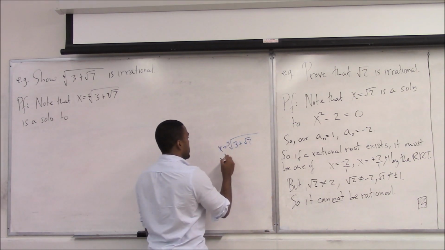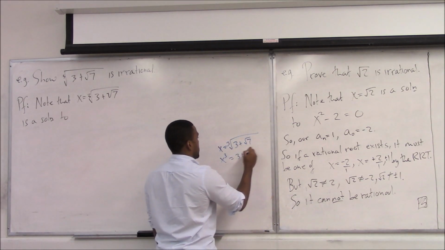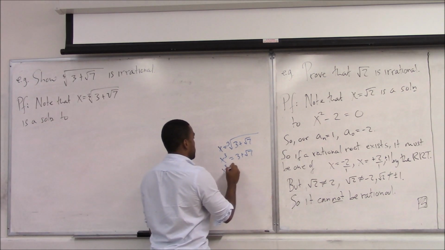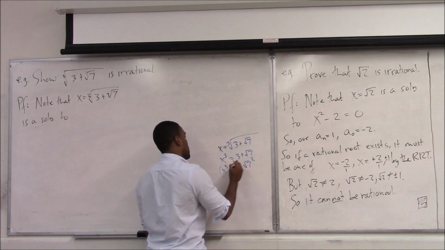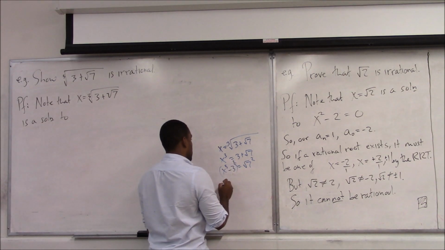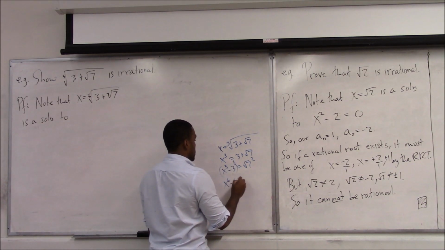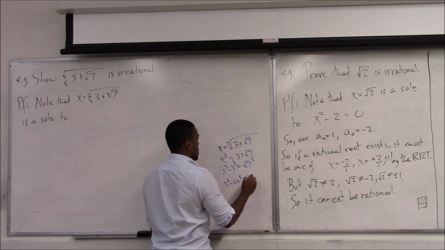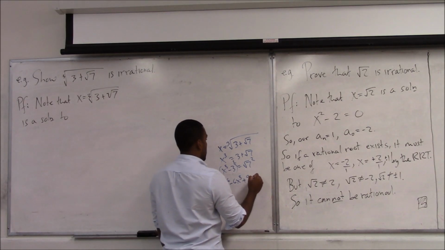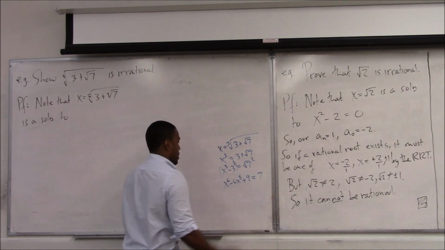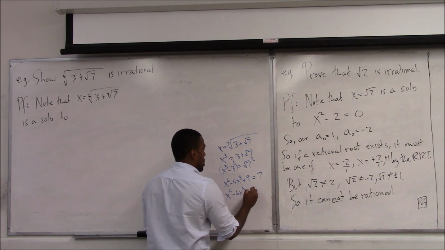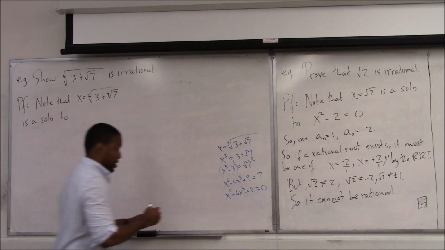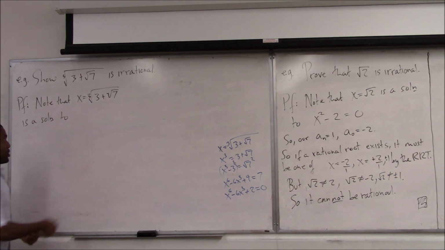So you cube both sides, and then you take x cubed minus 3, that gives you radical 7, and you square both sides, and so now you have x to the 6 minus 6x cubed plus 9 equals 7, and so you have x to the 6 minus 6x cubed plus 2 equals 0, and so then you go here. Note that this is a solution to